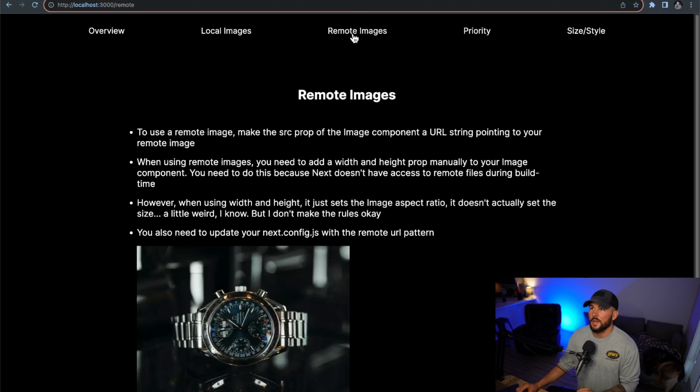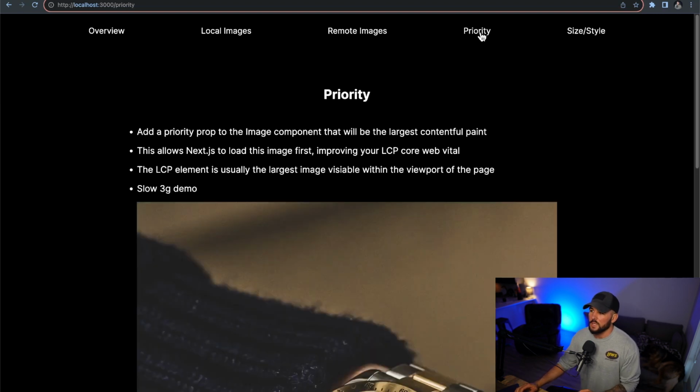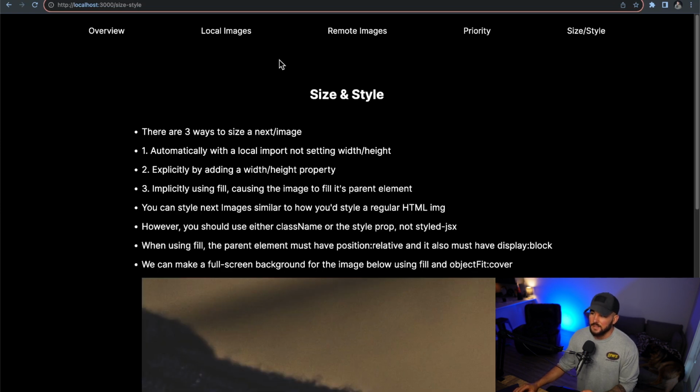images that you're storing on something that is remote, so a remote server like maybe CloudFront or some other hosting platform for your images. And then we're going to discuss image priority as well as sizing and styling your images